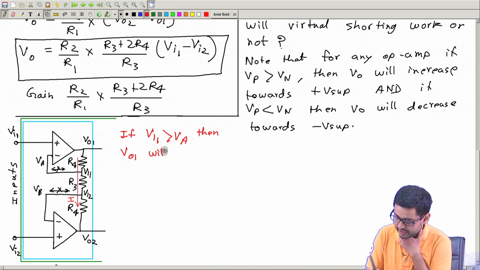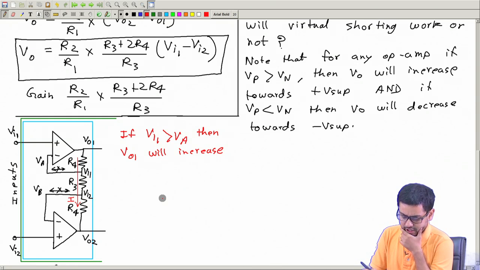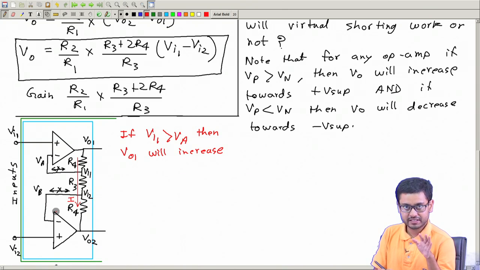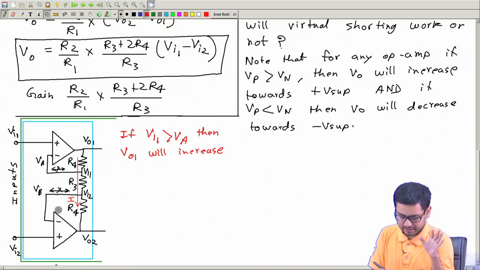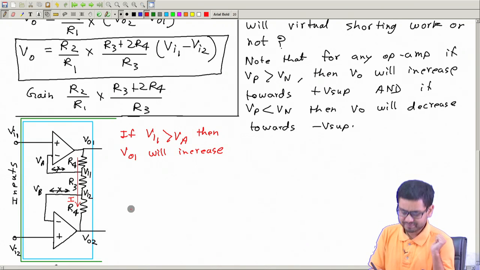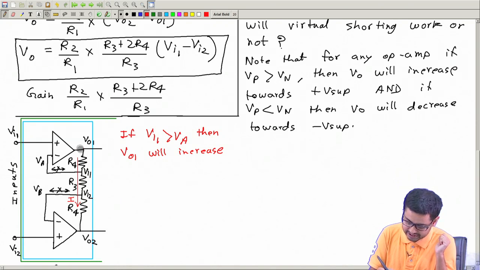Now, assuming that everything else in the circuit remains unchanged, like this voltage is not changing, this voltage is not changing for simplicity, then what will happen? This is increasing, then this current I will increase,